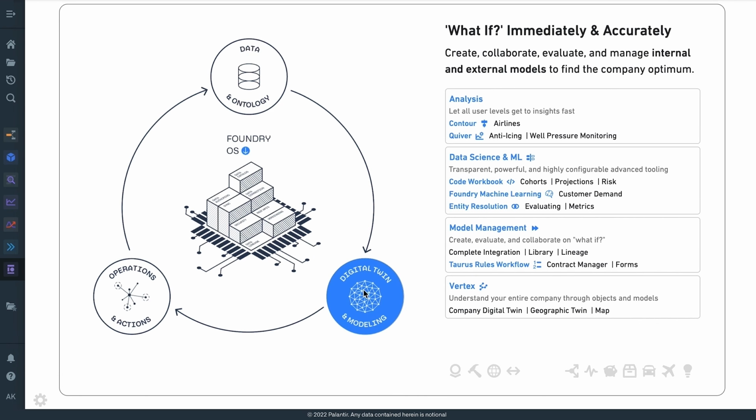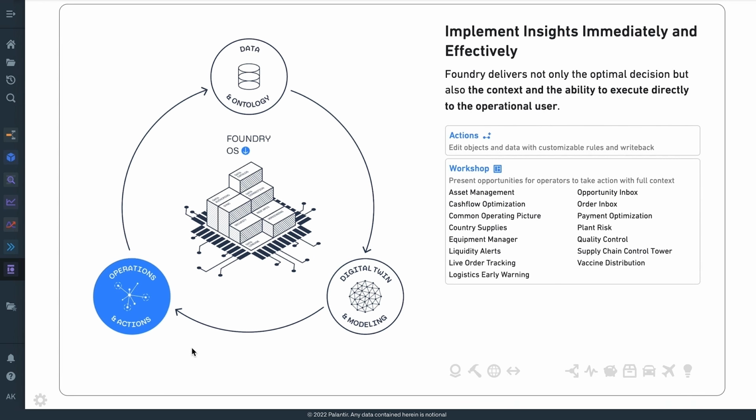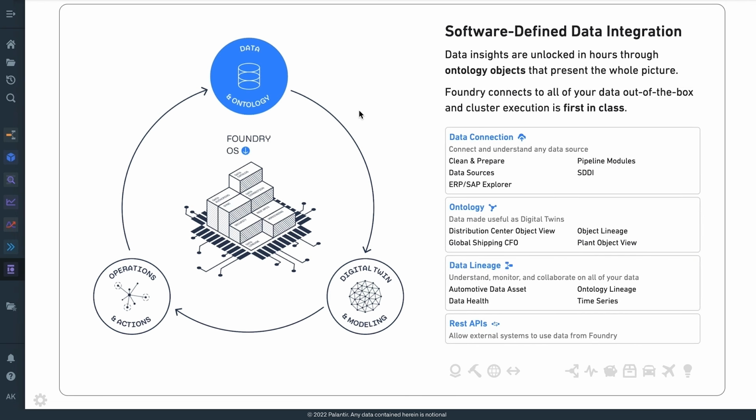And then finally, we'll talk about how the combination of data and models comes together for different types of end users. These are everyday users doing core operational functions in the organization. And 70 to 80% of users of Foundry in most contexts are quote unquote non-technical users trying to make use of the fruits of all that labor towards real operational workflows and different applications that are existential to the business. So let's start at the top with data and ontology.